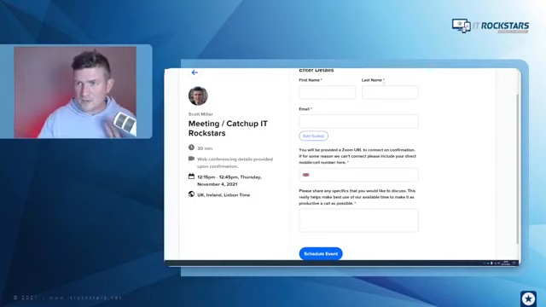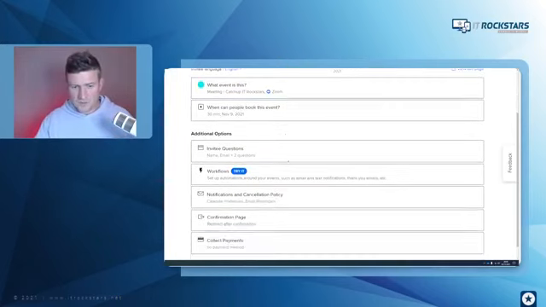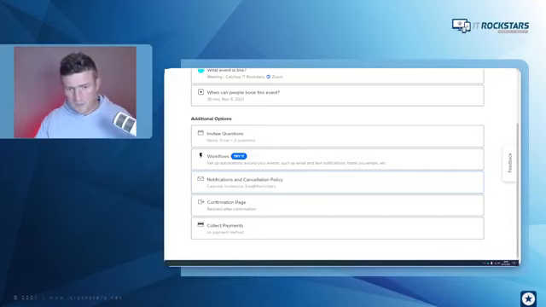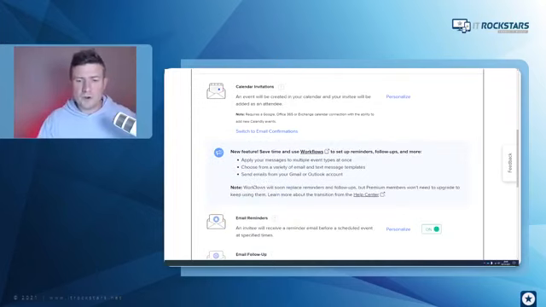The second thing within here is the notifications. So this piece here, notifications and cancellation policy. And this is the bit that we completely missed out on when we first had Calendly. We had it turned off, and I think by default it is set to off. But there's an option here to have invitations set up and email reminders, so that when someone books a meeting,